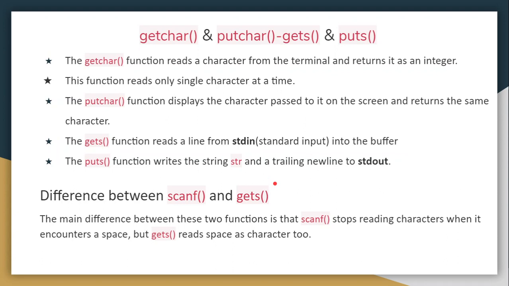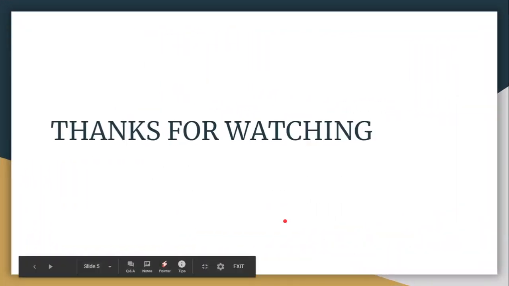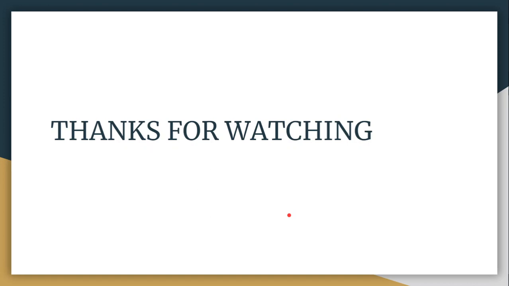Okay, so when our program needs only a single string input, we can use the gets and puts functions alone. When our program needs only a single character for printing and scanning, we can use getchar and putchar. But if our program needs more variables with different formats, in that case we use the scanf and printf statements. These are all the input output statements available in C. So based upon the necessity, we can use either printf, scanf, or getchar, putchar, or gets, puts, depending upon what type of values we are using in the particular program.